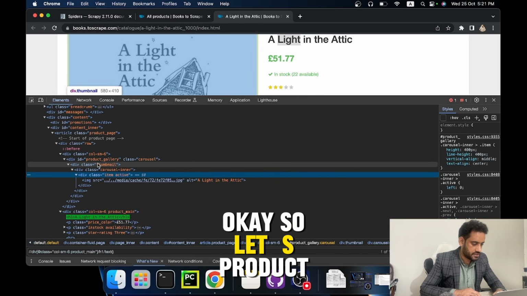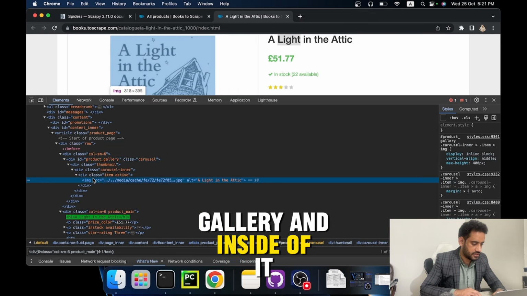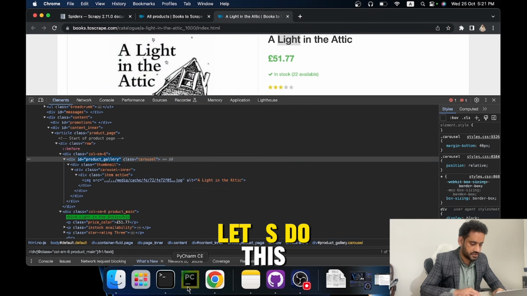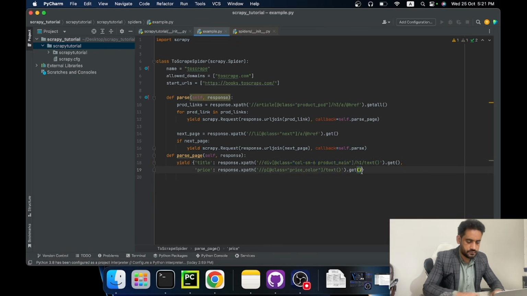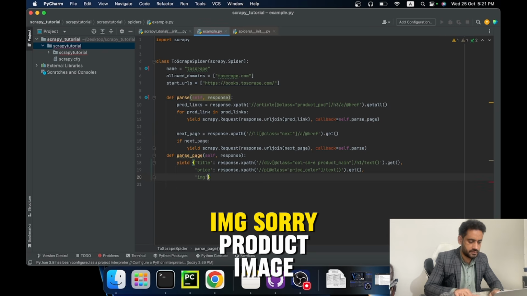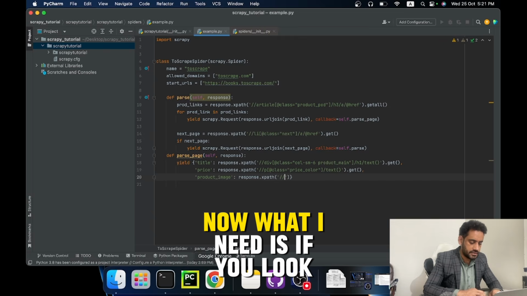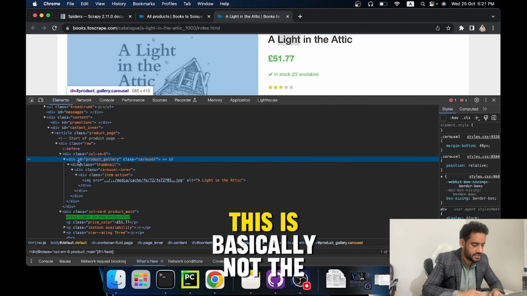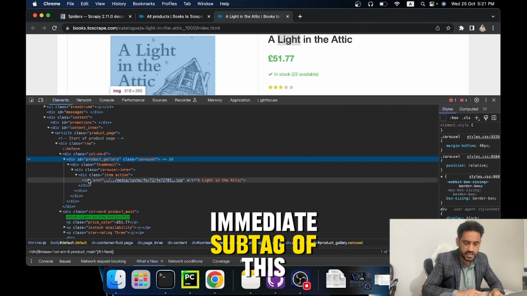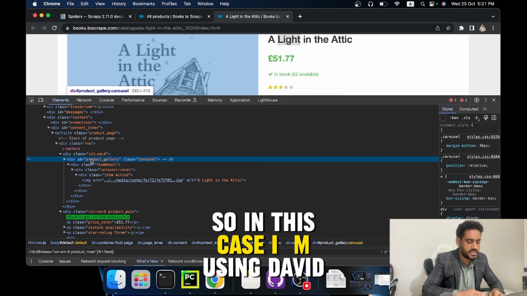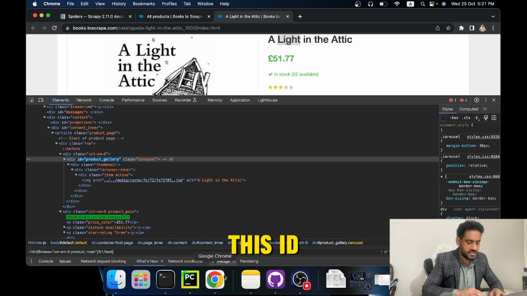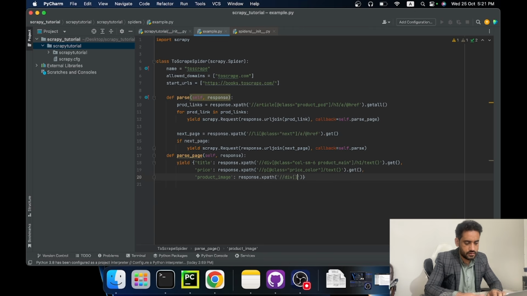Okay, so let's do product gallery, and inside of it, let's do this img, sorry, product image, response.xpath. Now what I need is, if you look here, this is basically not the immediate subtag of this tag. So in this case, I'm using div with this id,